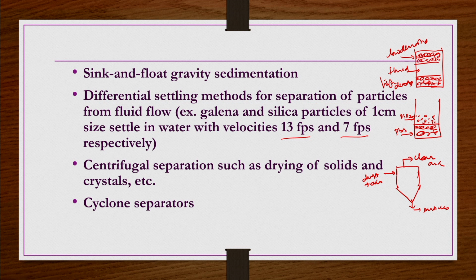So, in the cyclone separator we take the dust plus air, or whatever dust-laden air is there, here. In this sedimentation in the cyclone separator, the particles settle and almost clear air is taken out. This is the purpose of using a cyclone separator, so as not to contaminate the surrounding environmental air with these dust particles.